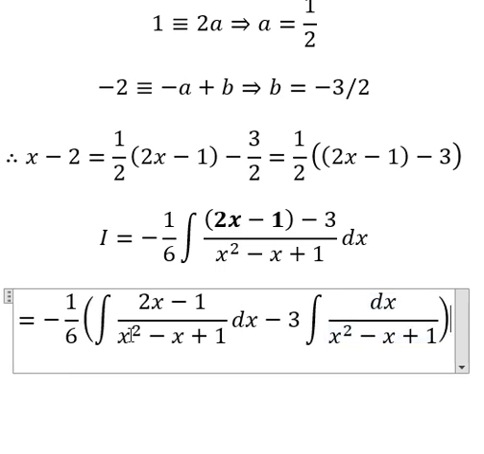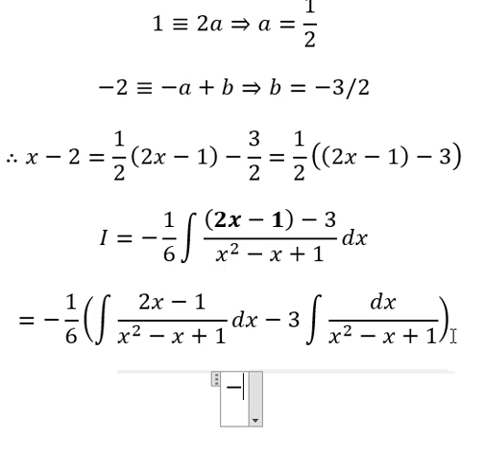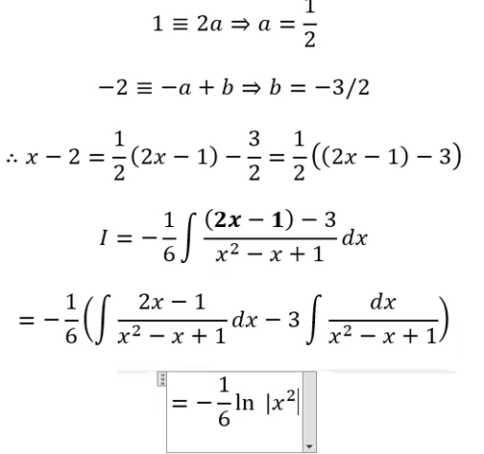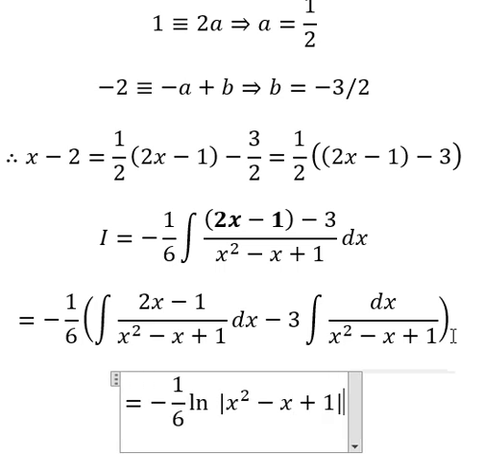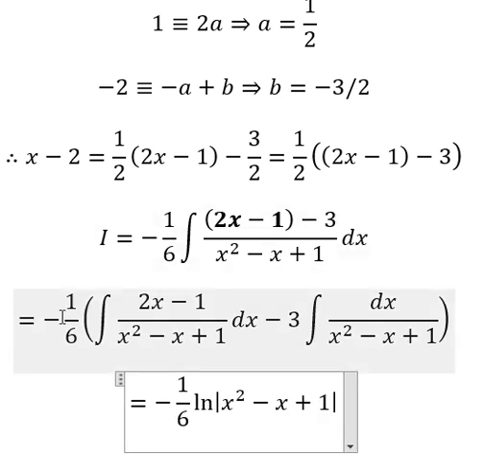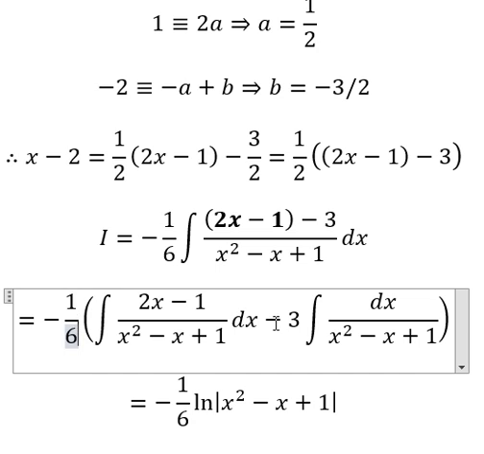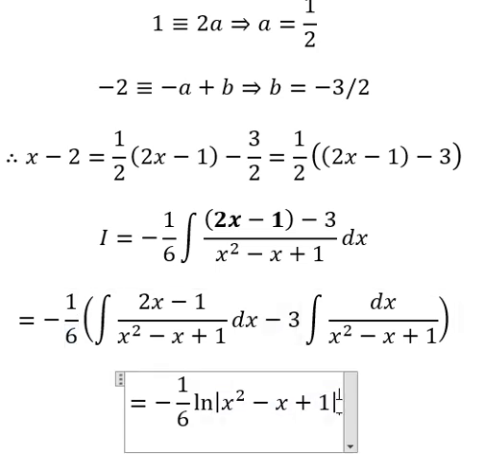Now we see that this part just gives us the ln of the absolute value of the denominator, because if I differentiate the denominator, I get the numerator. So we have negative 1/6 times the ln of the absolute value of x squared minus x plus 1. Now this minus 1/6 multiplies with minus 3, and it gives us positive half. So plus half